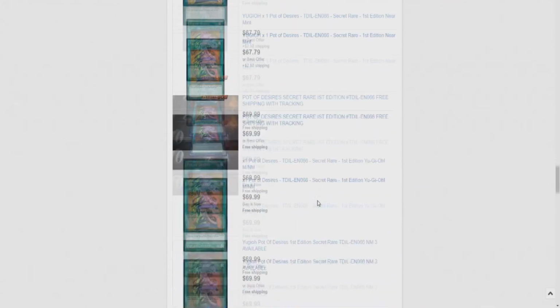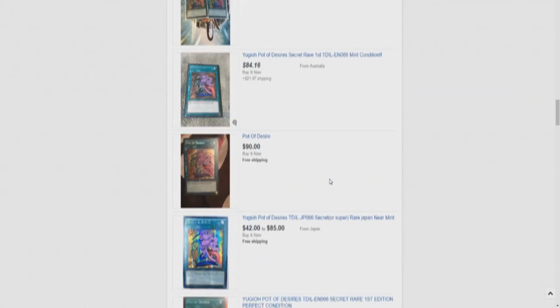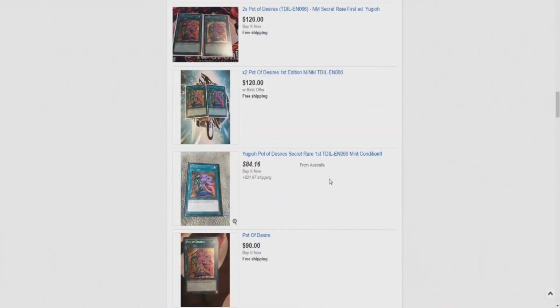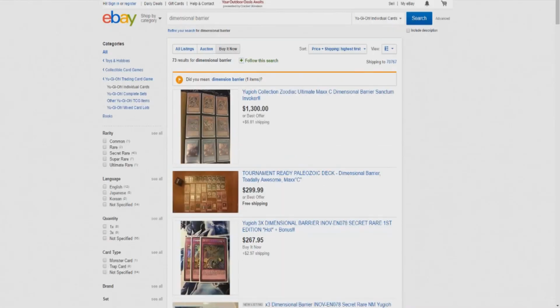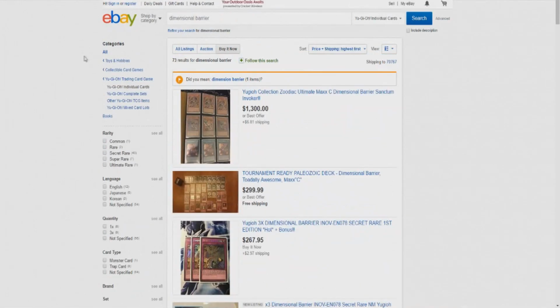I'd say the lowest price I'm seeing right here is about $70 for a Pot of Desires, and it's up to the hundreds depending on where you're getting it from, the condition, or how greedy the person is. Then we have Dimensional Barrier,